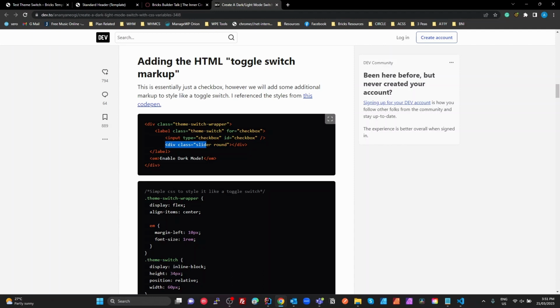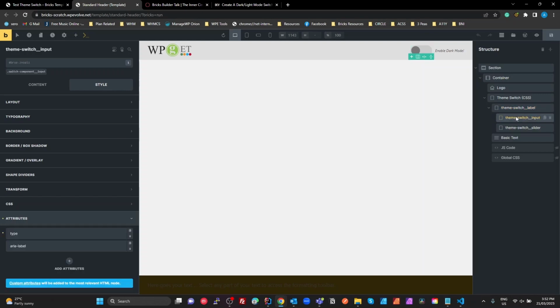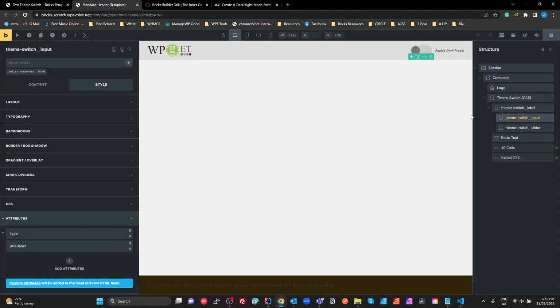So our next one is a div with just slider and round. So if we look at ours, I've got the input here. Sorry, I missed the input, didn't I? Got our input, and our type is checkbox. So if we go to the input there, I've given it a BEM name of switch component with the element